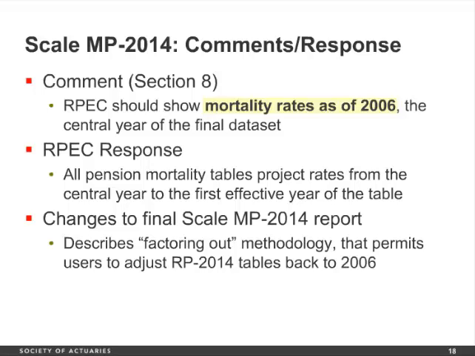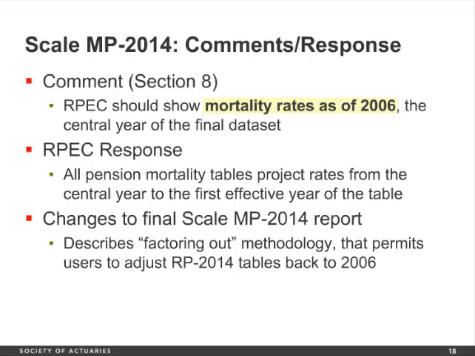Section 8 now. This, by the way, is a comment that we've responded to in both the MP report and in the RP base table report. The comment was that someone said we should show the mortality rates of 2006. That's the central year of our final data set. And you might be asking yourself, what does that have to do with scale MP-2014 and with the mortality improvement scale? Well, the bottom line is that to get from the 2006 central year to 2014,